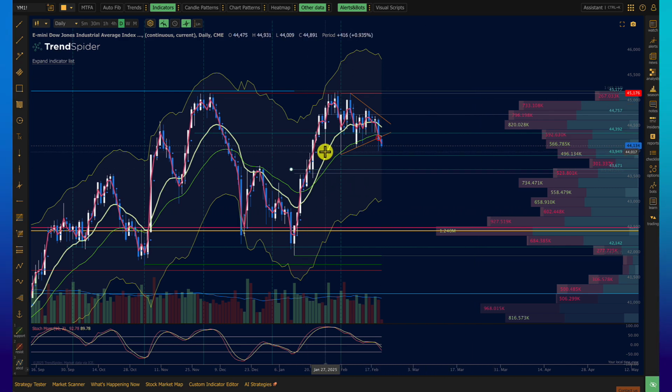Buyers came in here at 44,009. Buyers came in here at 43,965. Buyers came in here at 44,100. Buyers came in here at 44,188. And buyers came in here yesterday at 44,034. Every single time it bounced,